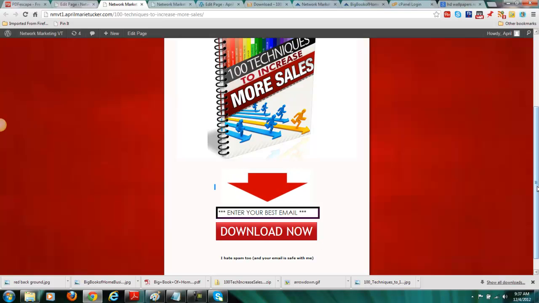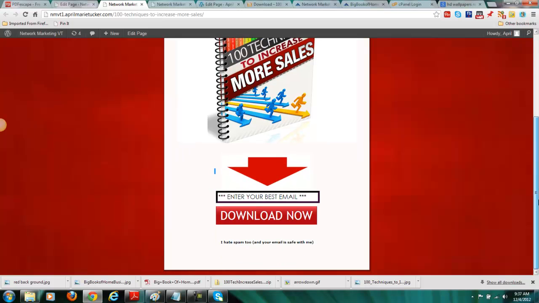Okay, so I'm going to show you how to create capture forms too through Aweber. That's what I recommend. I recommend Aweber. It's what I'm familiar with. So if you're not using Aweber, it's completely up to you. If you know how to work your autoresponder and you know how to do this stuff, just so you know,